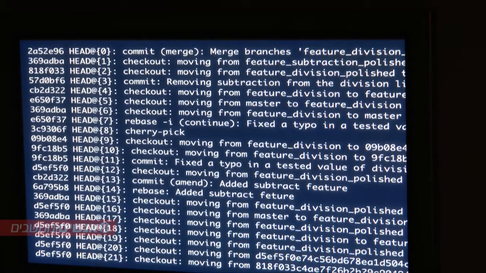So if you run it, you'll get some history like this, and you can see we have HEAD at 8 doing a cherry pick. There's an interactive rebase at HEAD at 7. There's a lot of crazy things that have happened, and you can at any point reset back to one of these, and that way you are in the Git history exactly where you were at that point. So if you've completely screwed things up, say you've rebased and deleted some commits you needed, you can use the reflog to recover them pretty quickly.